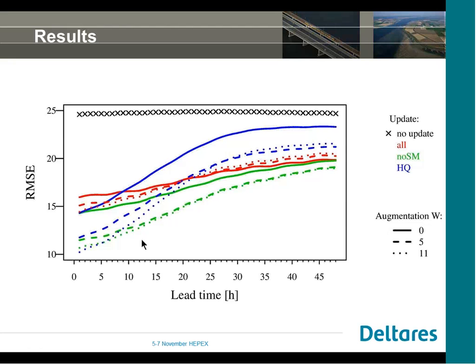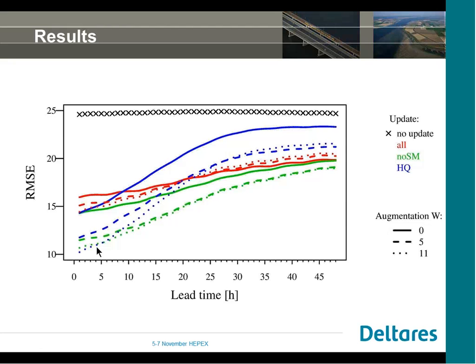What you see is, surprisingly, that the run with HQ is apparently the best, but degrades pretty quickly. If we don't take into account the soil moisture, we get good results, and they stay okay for quite some time. And you also see that the assimilation window of 11 hours seems to be slightly better than a window of 5 or 6 hours, or 12 hours to 6 hours.